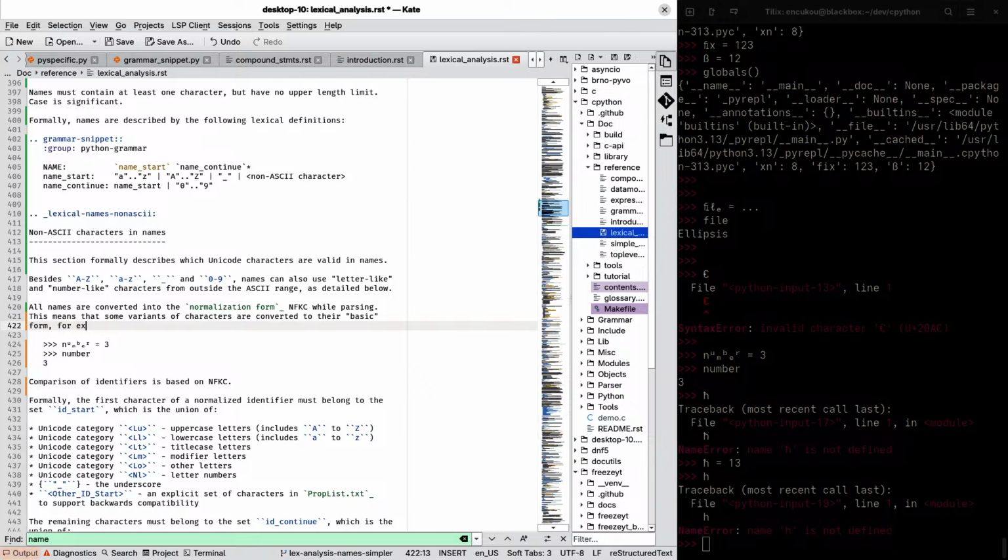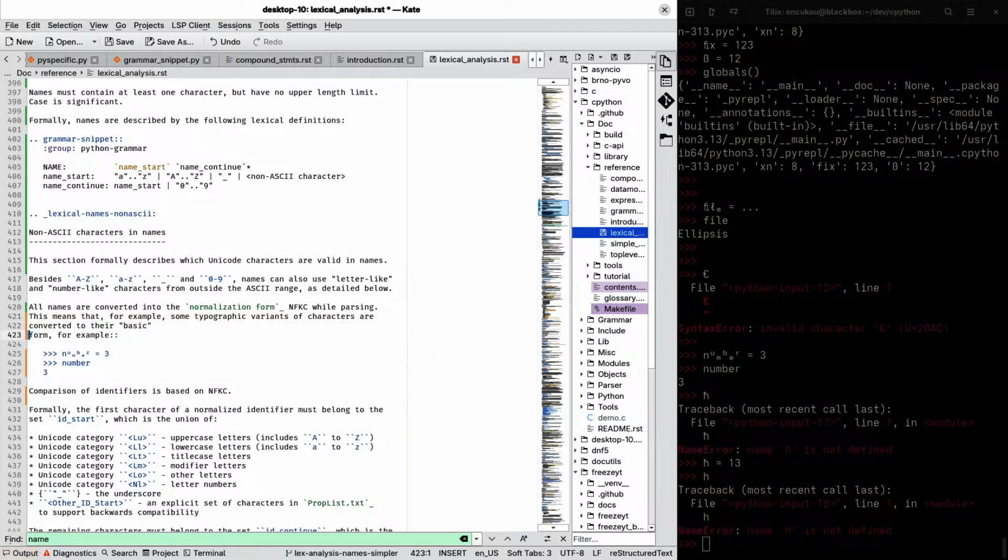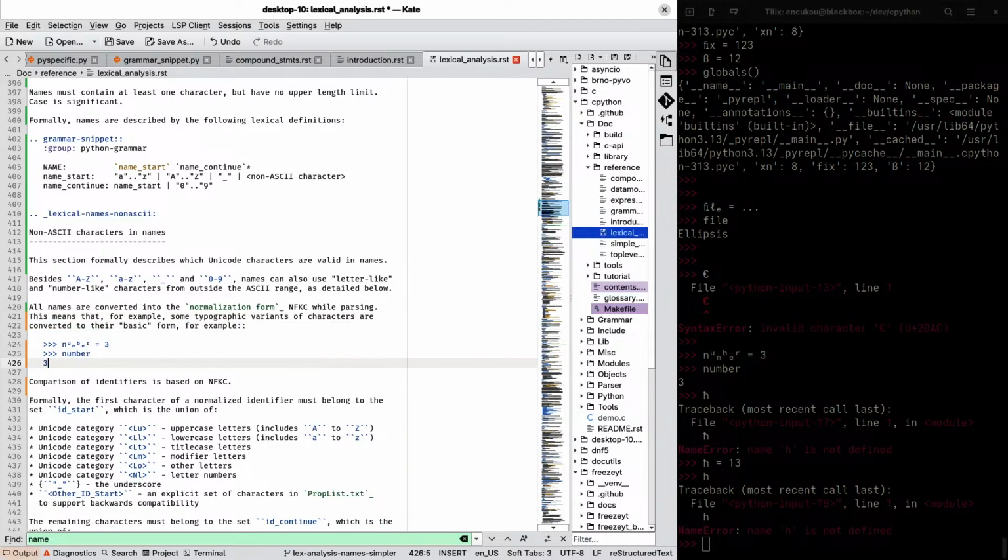Keith has an interesting comment in there. He says typographic variants are mapped to the same underlying variable. It's not all this does, but yeah, we can do that.